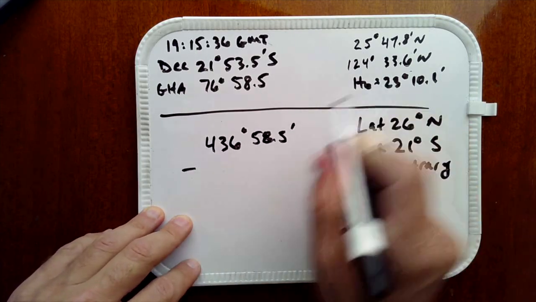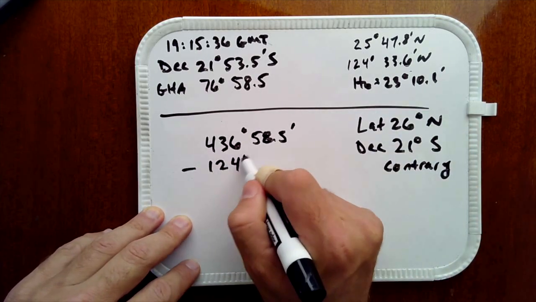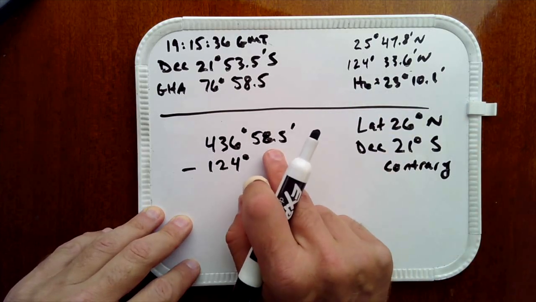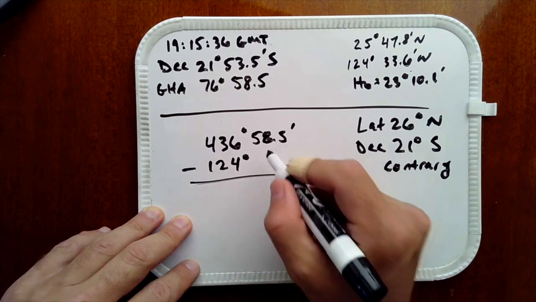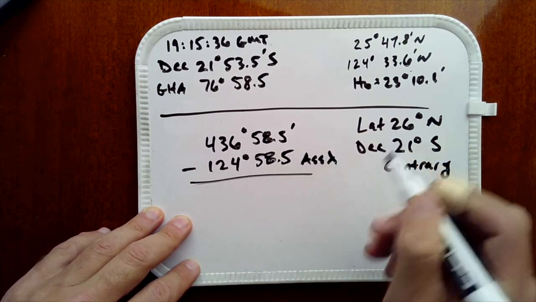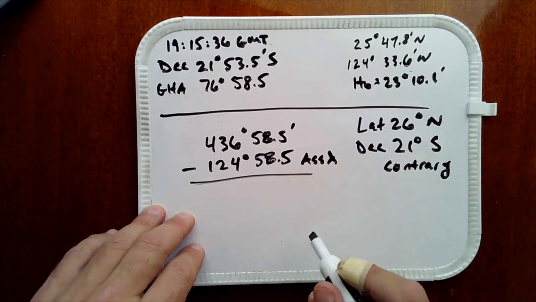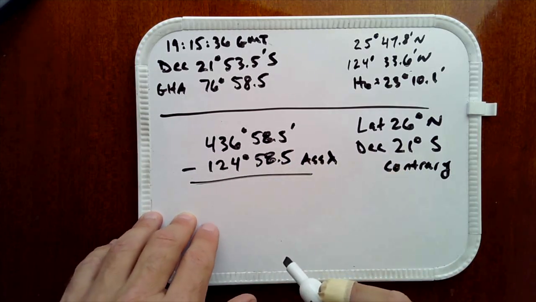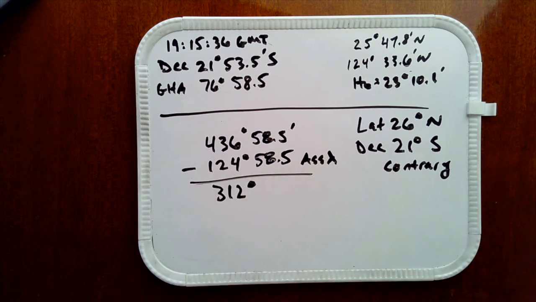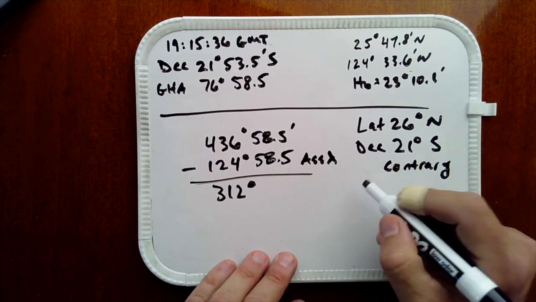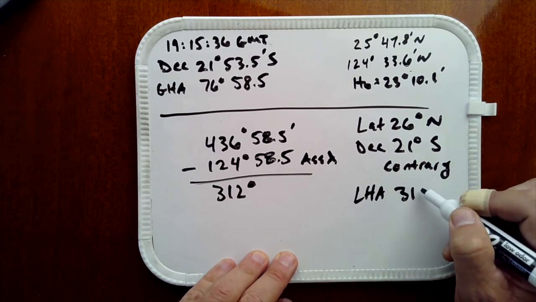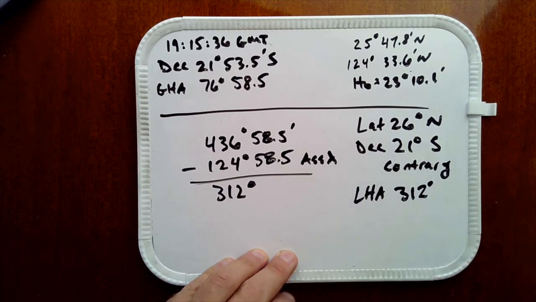Then we subtract the longitude, 124 degrees, and we can round it so that it's within 30 minutes, but such that this math comes out to 0. So we're going to go 58.5 for our assumed longitude. And so when we do that, our LHA comes out to a whole number of 312. So we've got our values for HO229: our latitude 26, our declination 21 south, and then our LHA 312, noted